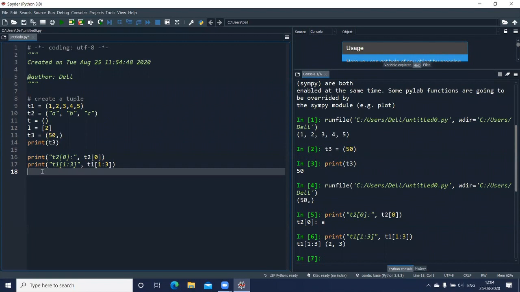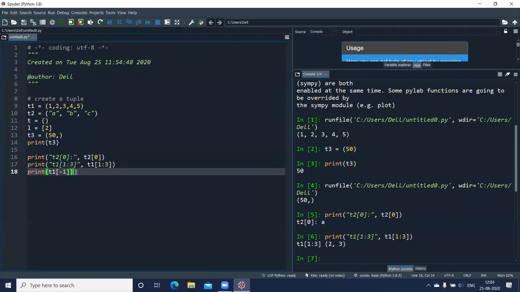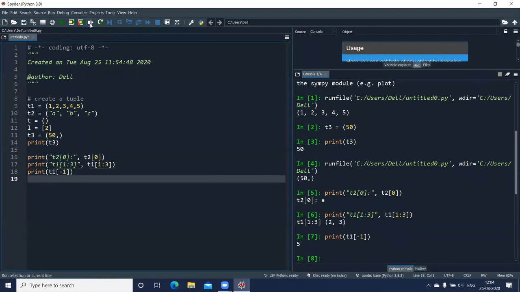Secondly, if I want to display from the end, if you remember, we had used negative values, the minus sign. So if I give print, I'll directly write it here, T1, square bracket, say minus 1. Let us run this one. So with minus 1, the last value is 5. You can see this 5 is getting displayed here. So a negative value is used if I want to access the tuple from the last position or from the right hand side. And all the other slicing options which we saw in list are also applicable here.